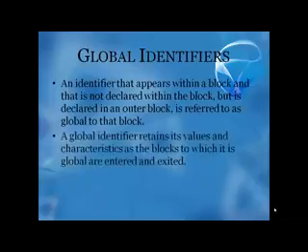Global identifiers are used in inner blocks to do things like carry values that have been calculated in an outer block into the inner block, and to carry values calculated inside the block to an outer block, and so on. Here you can see an example which describes local and global variables.